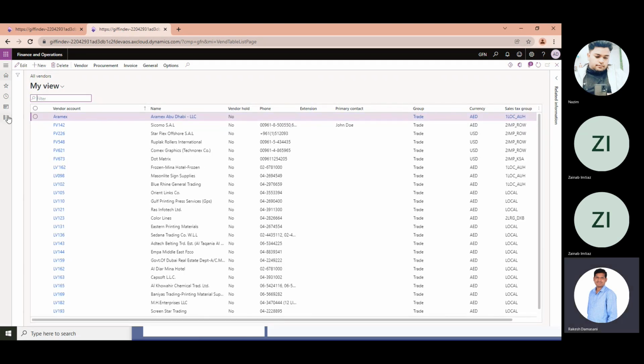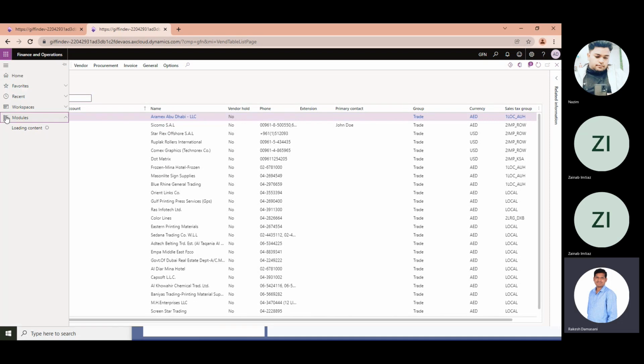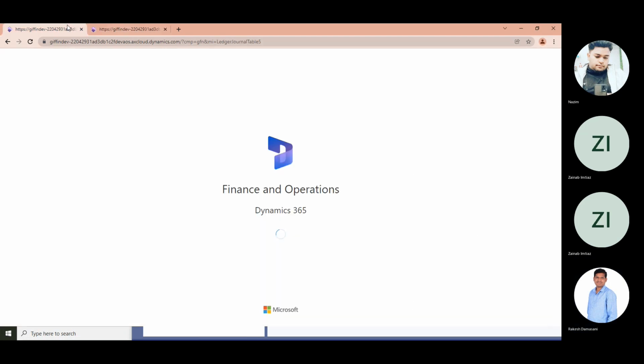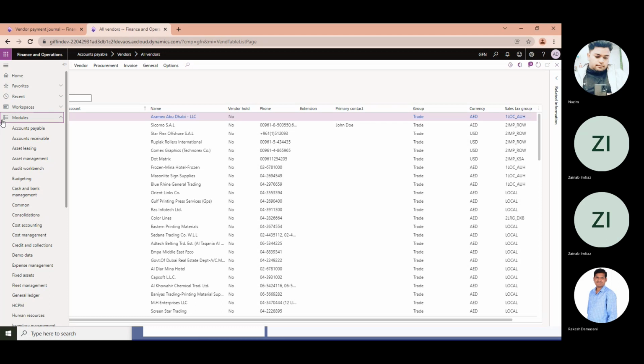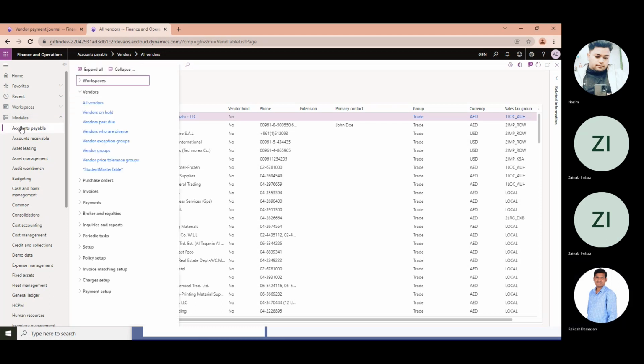Okay, the build is finally completed, and here it goes. Modules loading. I have added it in accounts payable, vendors, and under vendors it is student master table.